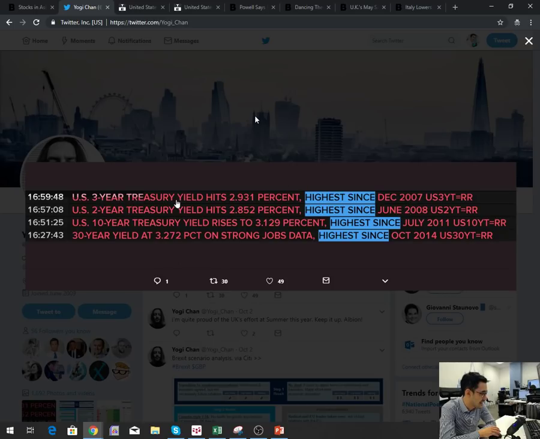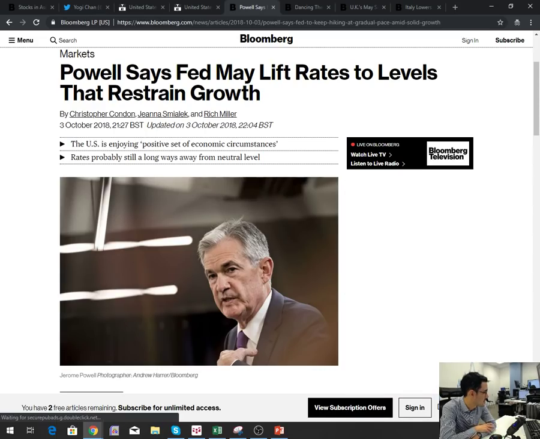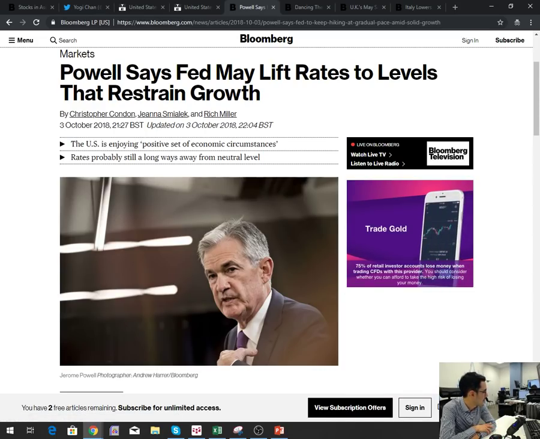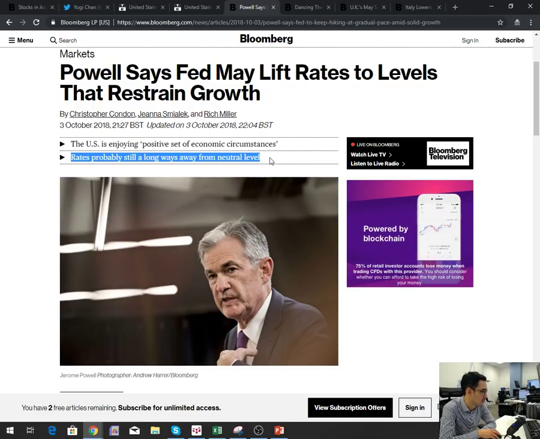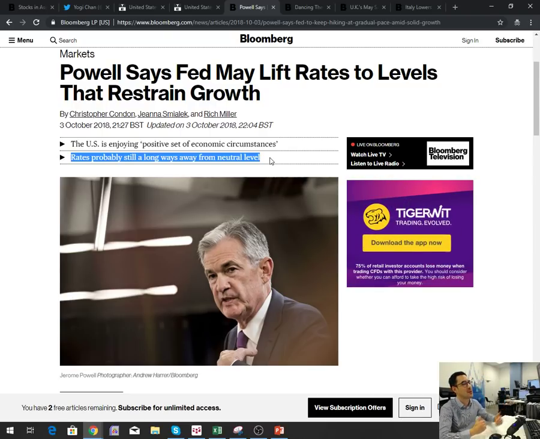So what this is looking at then is that interest rates in the short term are anticipated to go higher, and we know this because the Fed have been telling us this. They're going to hike again in December, they're going to hike 3 more times in 2019, but one of the things that happened yesterday was our man Jerome Powell came out and he said rates probably are still a long way away from neutral. Now, as rates have got to 2% and now we've gone above that,